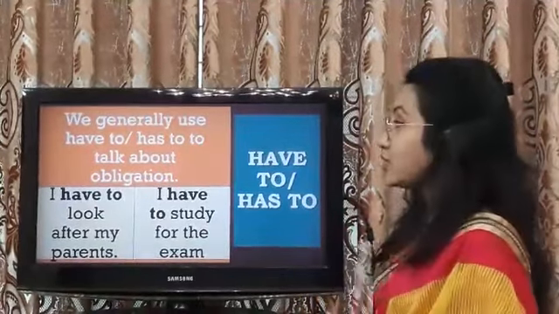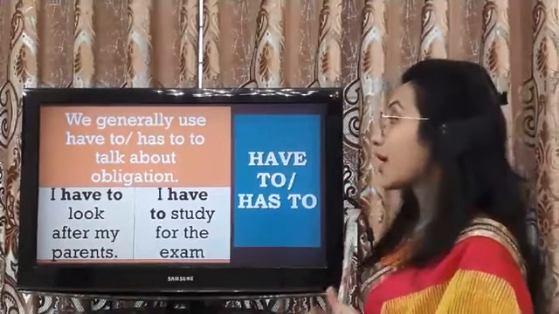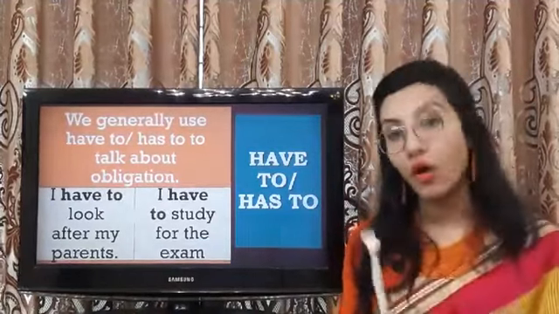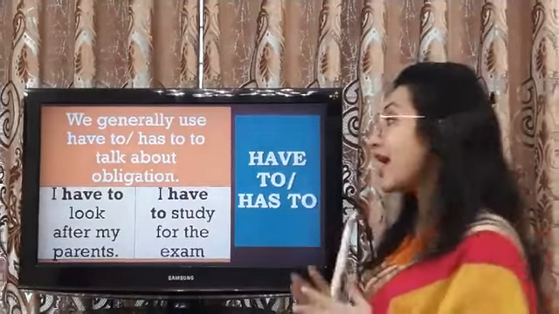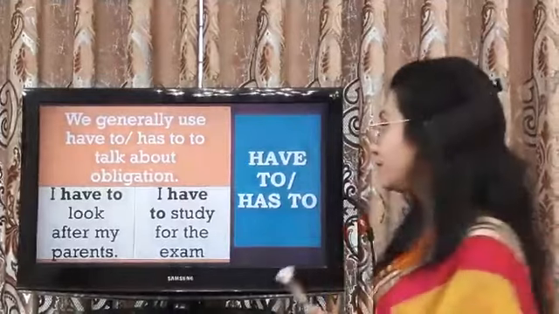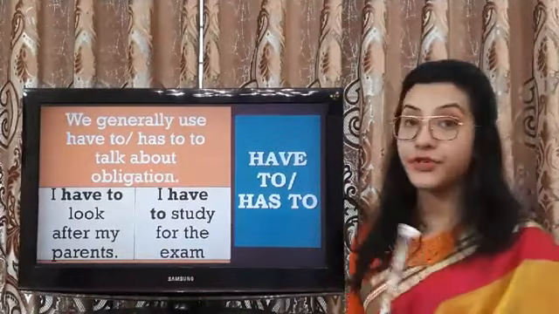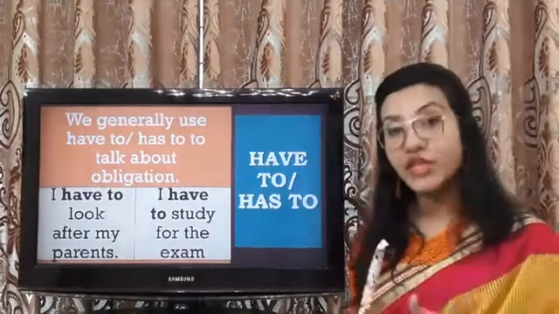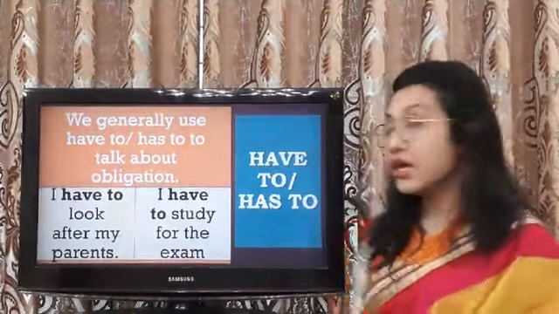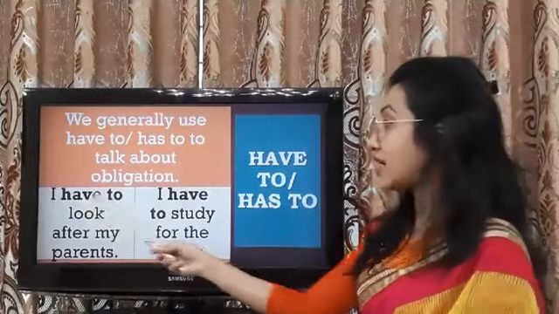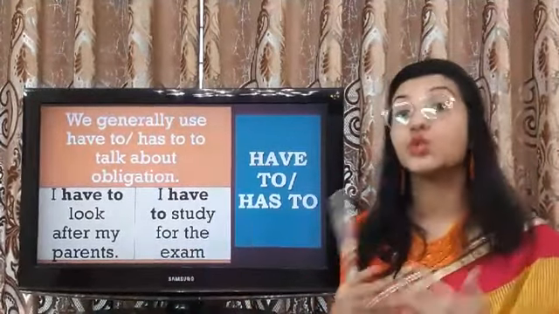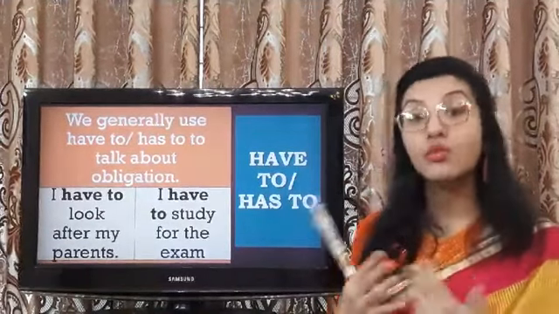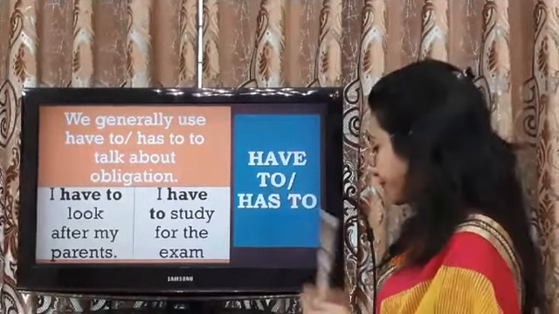We generally use have to or has to to talk about obligation. কোনো বাধ্যবাধকতা, কোনো নিয়ম, যে কাজটি আমাকে করতে হবে এরকম অর্থে আমরা have to বা has to ইউজ করি। ফর এক্সাম্পল, I have to look after my parents. So আমাকে কি করতে হবে, আমার বাবা মাকে দেখাশোনা করতে হবে। So this is an obligation of all of us as a child. এই কারণে আমরা have to use করেছি, because this is something that we should do. এটা আমাদেরকে it's an obligation, এটা একটা নিয়ম, এটা করা উচিত সবার।